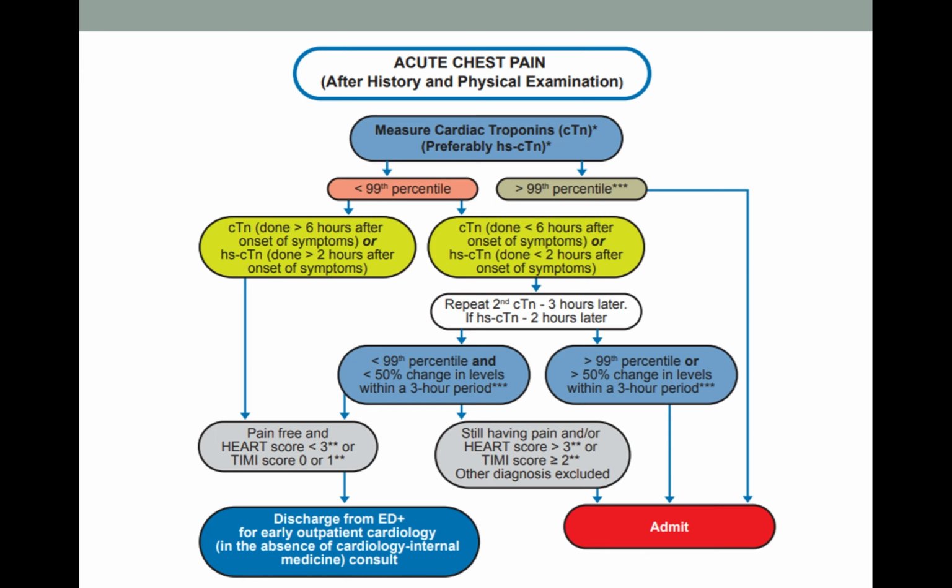But this is not our setting. This is the ideal setting in the guideline. If we can create this acute chest pain unit in the ED, it basically aims to reduce admission to the ward. So this is not common practice. You can take the principles of it, but you can also read around the heart score. So if you want to be really good, for every chest pain patient that you see, try calculating the heart score. Then it will help you to decide whether this patient is high risk or low risk to develop MI, and whether they are suitable to be discharged or not. It creates a more systematic way to assess patients with chest pain.